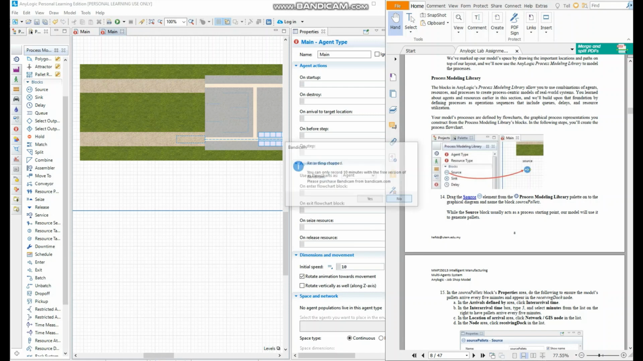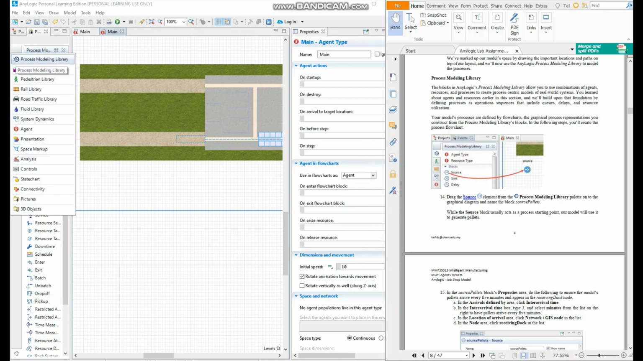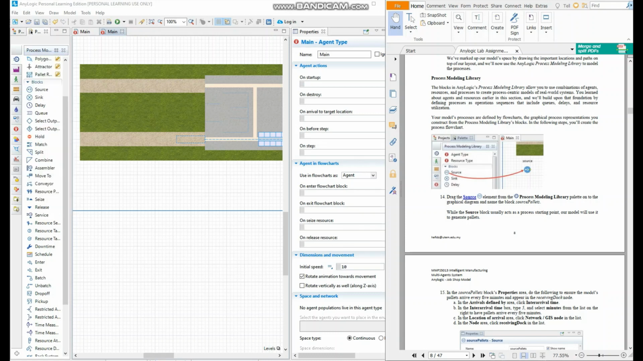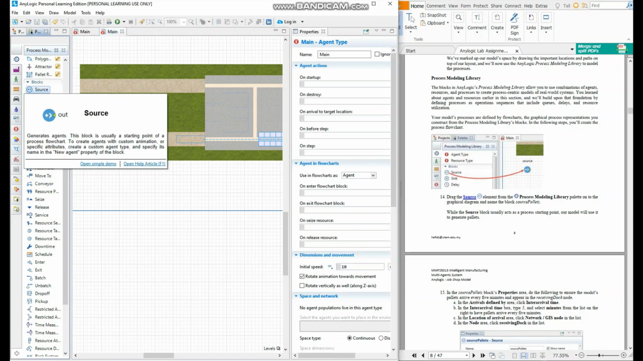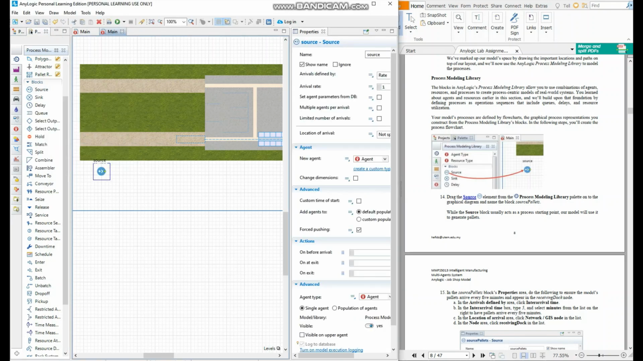Okay, pick up from where we left. Now we are going to the process modeling library. The process modeling library is located at the top of the menu, and we are going to create the sequence of process right now. So we start with source. Drag the source to the canvas